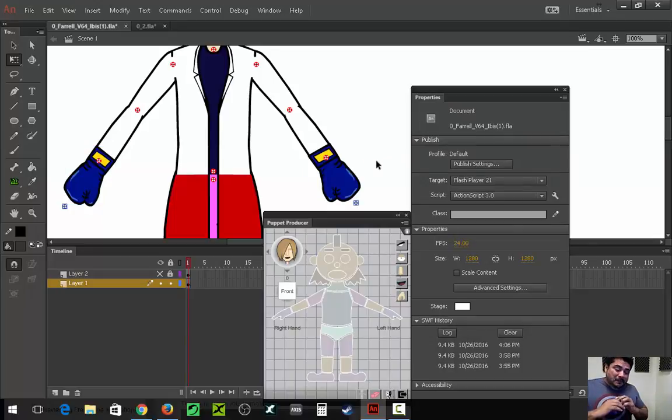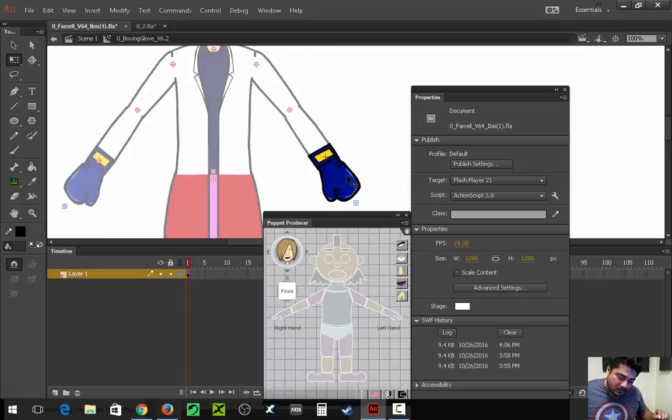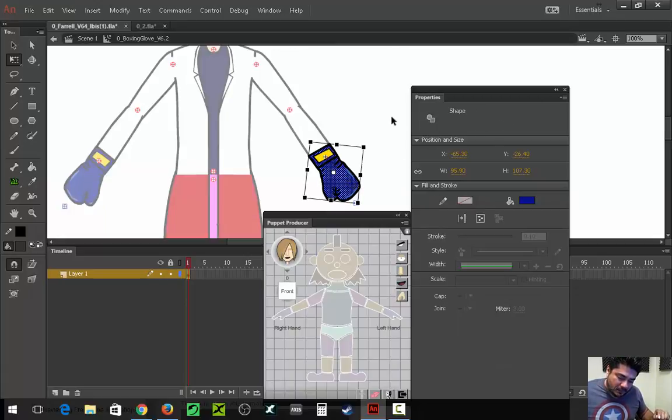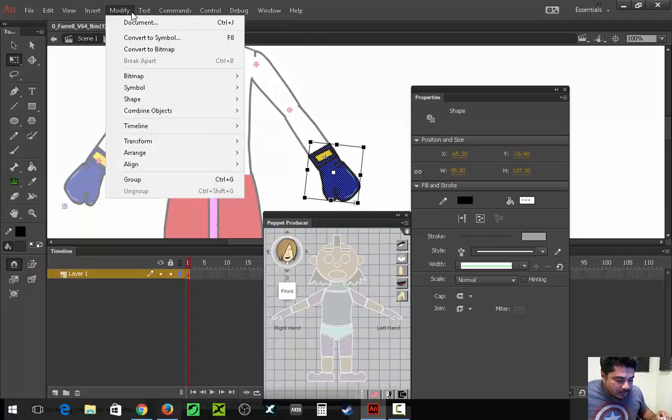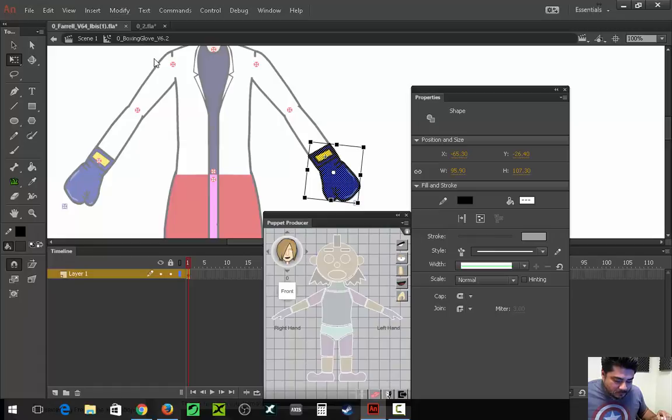But at this time, CrazyTalk's still not going to know what the heck you're trying to do. Okay? You just got the initial layer set up. Let's go inside of this symbol and notice how this is like broken up. There's nothing here. It's not a symbol yet. So if we were to convert this into a symbol, let's see, modify, convert to symbol. We're going to call this,